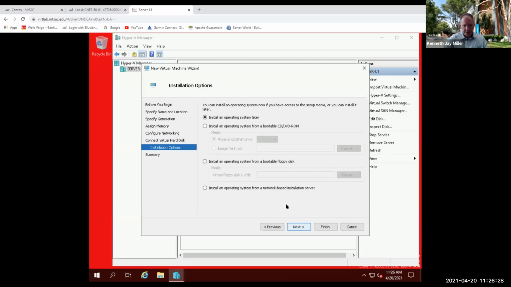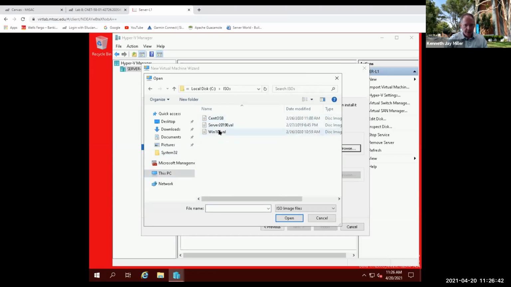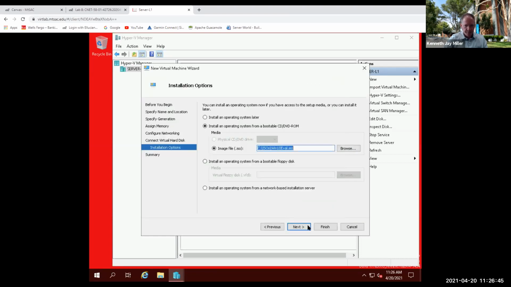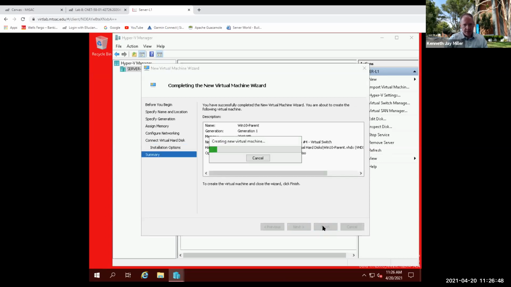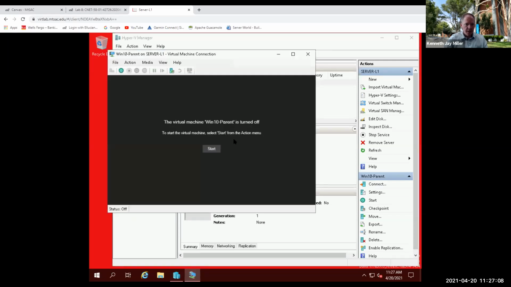Okay, then click next. And then we're going to say install an operating system from a bootable ISO file. Click browse, and then I'm going to go to my ISOs folder and select Windows 10. Then I click next, and then I click finish. Okay, and then I'm going to do the same thing for CentOS and the same thing for Server 2019. And then once I have this going, I can click on this and I can click connect, and then I click start,